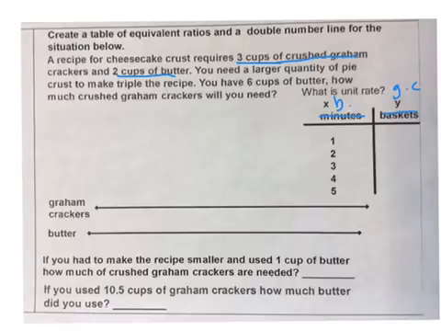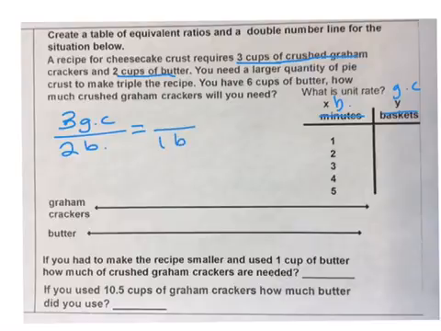So go ahead and find your unit rate, hit pause, and we'll check your unit rate, and then you can go ahead and complete the table. So to find the unit rate, you're going to put 3 cups of graham crackers over 2 cups of butter. So if I want to make 1 cup of butter, I'm going to divide your numerator and your denominator by